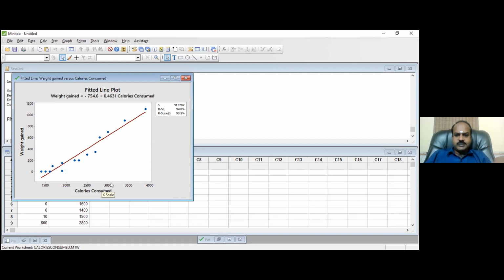And when R square is helping you to understand the influence, there is one more thing called adjusted R square. Do you know what adjusted R square is? That will speak about the purity of the relationship. If the adjusted R square is also more than 80%, close to 100%, you are fully sure that this is the single factor that is responsible for the pain metric.